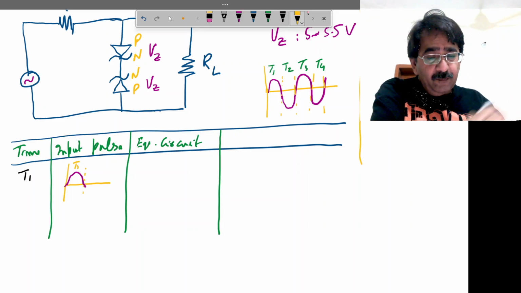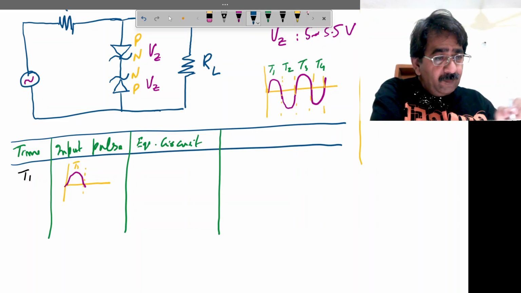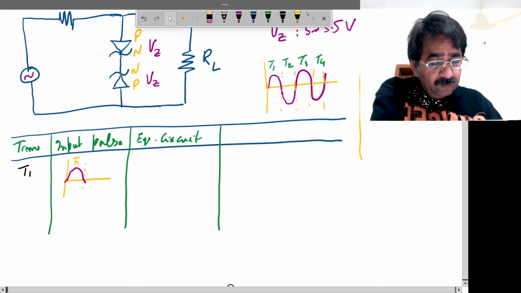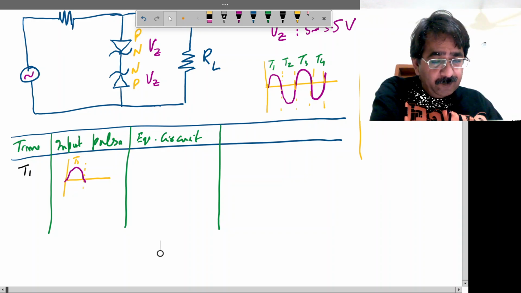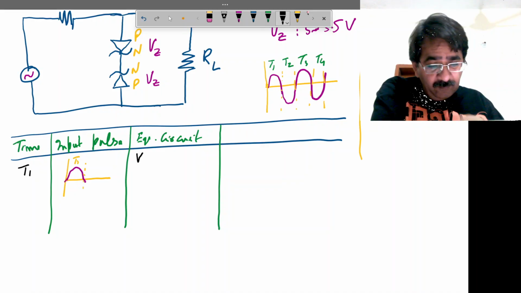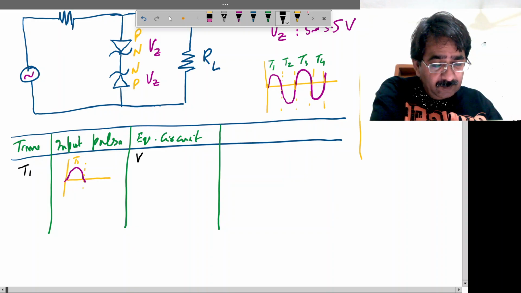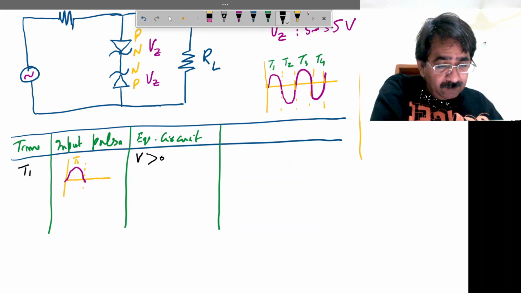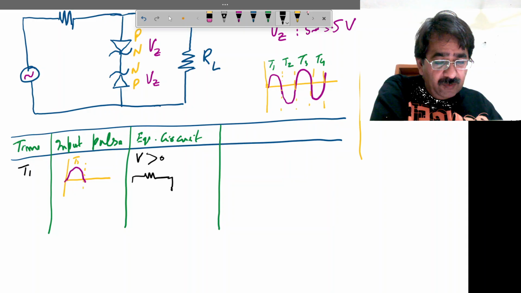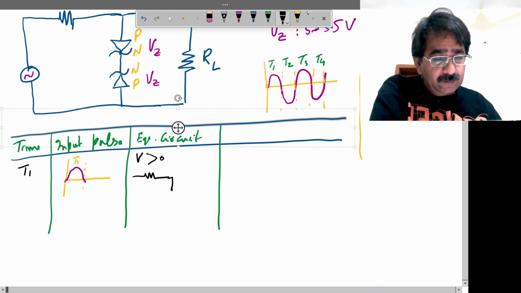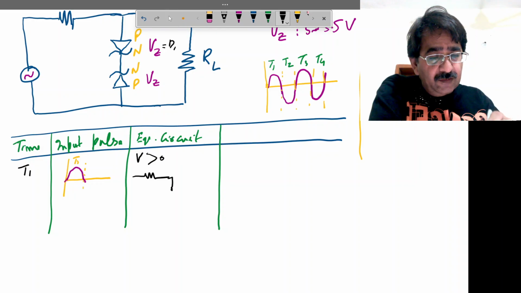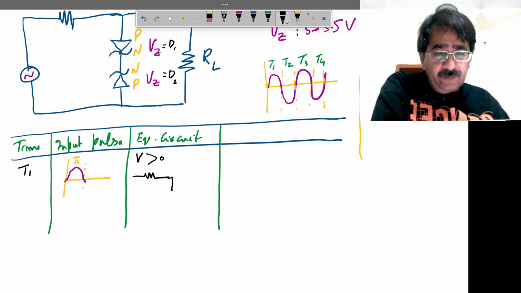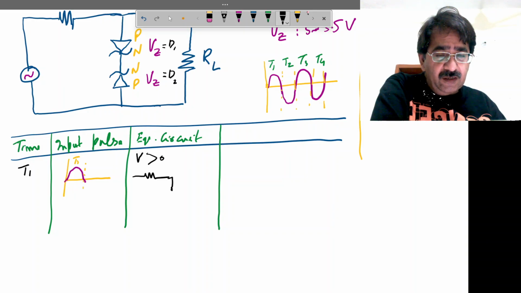What will be the equivalent circuit? For t1, V will be greater than 0. If V is greater than 0, then all the current will pass through the resistance and then the diodes. If I say that this is D1, this is D2, because the P will be more positive and N is negative,